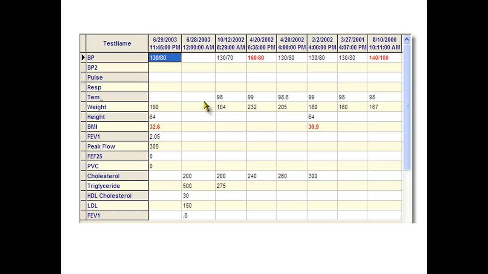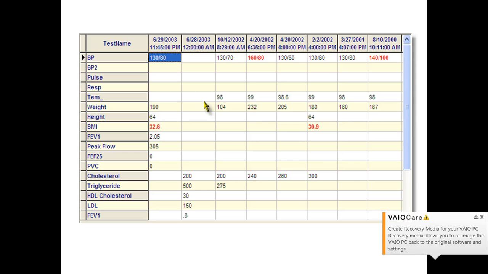And this electronic flow sheet actually puts in red the data that is abnormal for the patient. But it can give you good trends. So here you can see that the patient's blood pressure went from 130 over 70 to 160 over 80. And then you can also see that